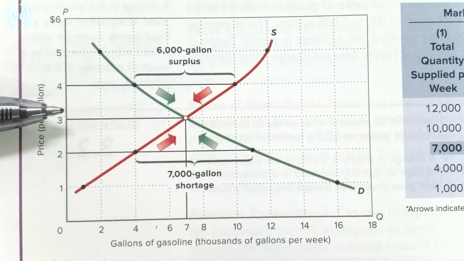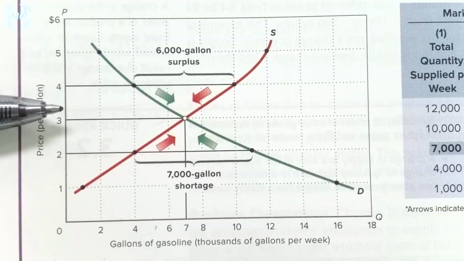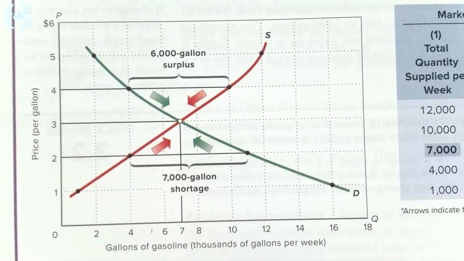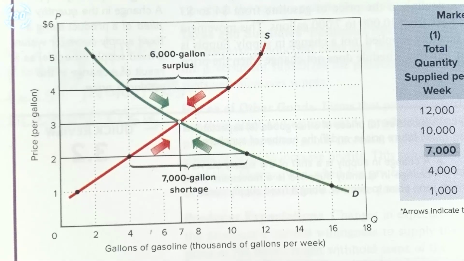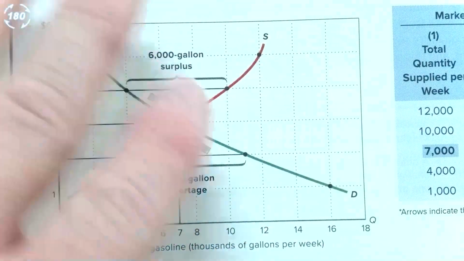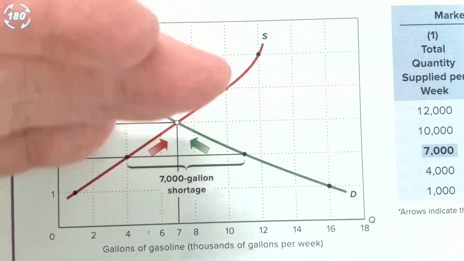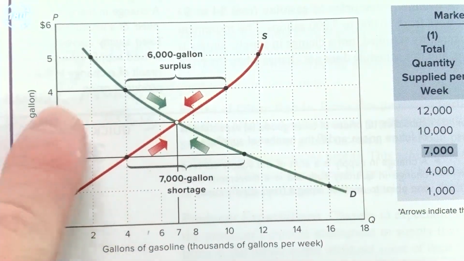So then the next week, the price comes down even further and the surplus shrinks even more. As long as there's a surplus, there's a downward pressure on the price. Okay, so that's a self-correcting force, if you will, in a free market. We're talking a free market here that drives prices that are artificially high toward this equilibrium price of $3 a